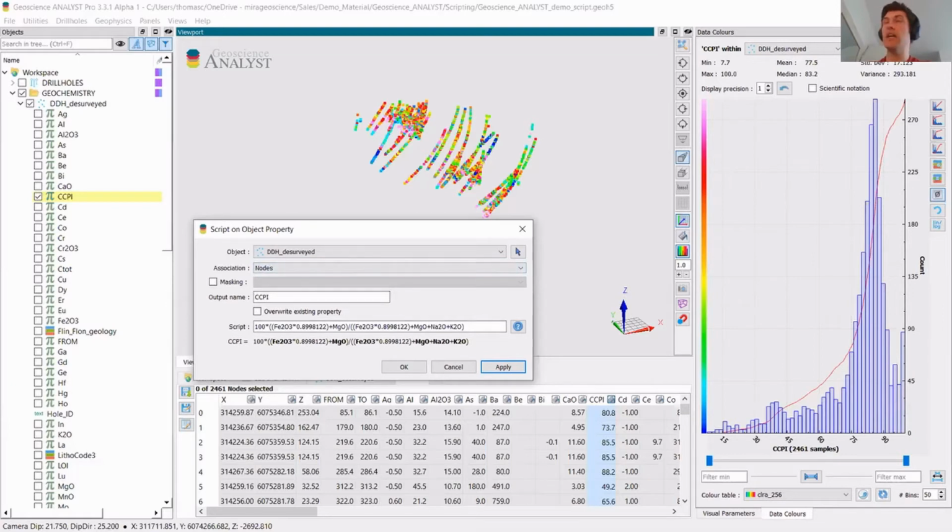To do that, I will look at alteration trends and try to identify the chloride pyrite zone, which is typically associated with mineralization. Here we can consider Ishikawa index values greater than 80 and CCPI values greater than 90. So for my chloride pyrite zone, I'll just name it like this. And I will update the script with